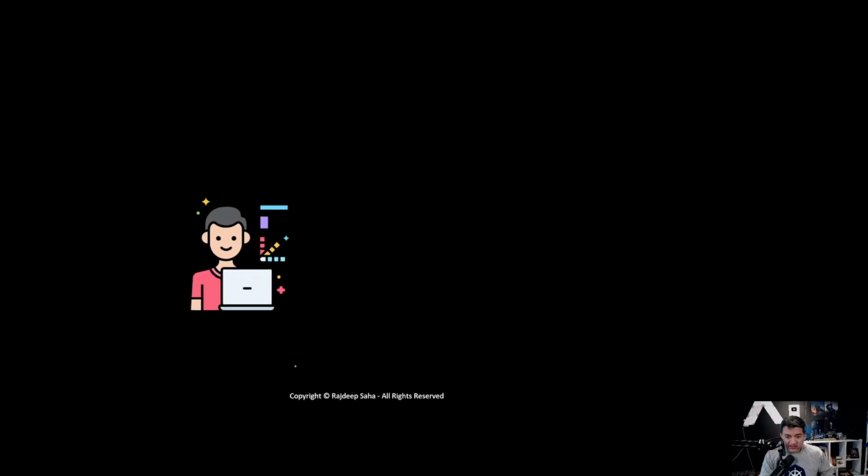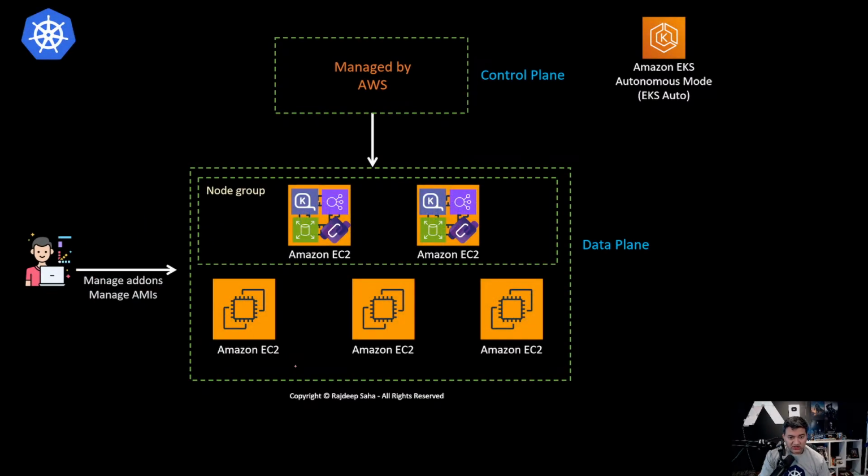Okay, let's see. All right. So currently this is how this is running: manage add-ons, manage AMIs, right? Now with EKS Auto,